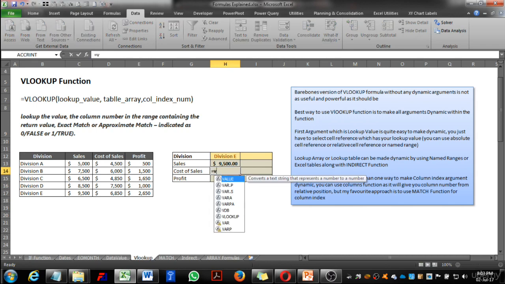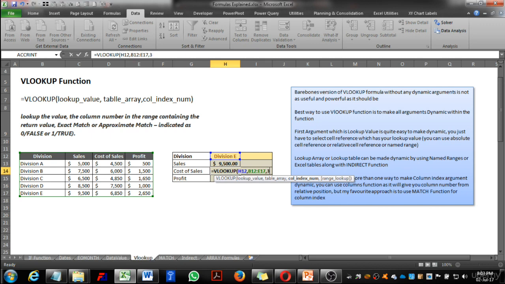Now similarly we'll write one more VLOOKUP formula to arrive at the cost of sales value. For division E, which is the lookup value, the table array will remain the same, B12 to E17, but this time the return value resides in the third column, which is, the divisions column is B, C, D, so 1, 2 and 3.